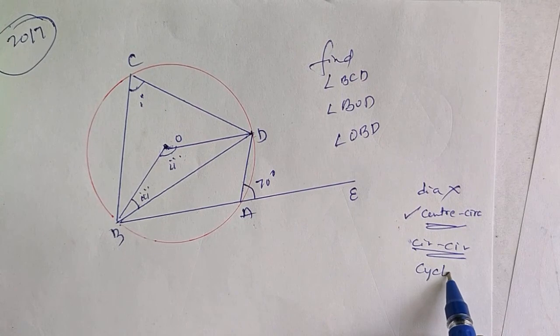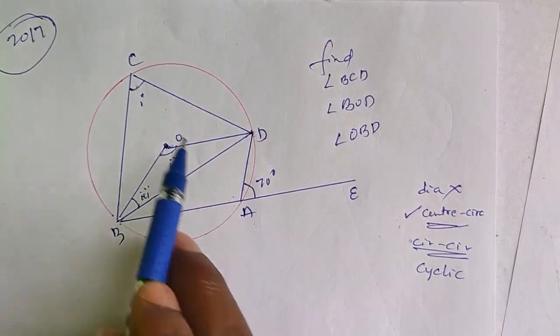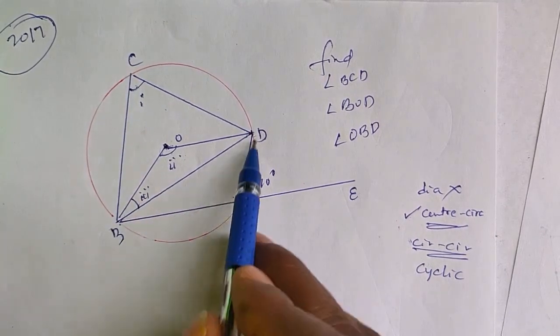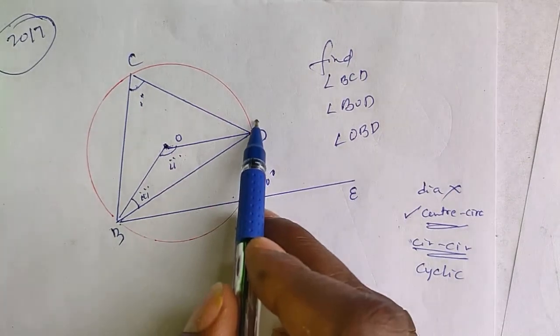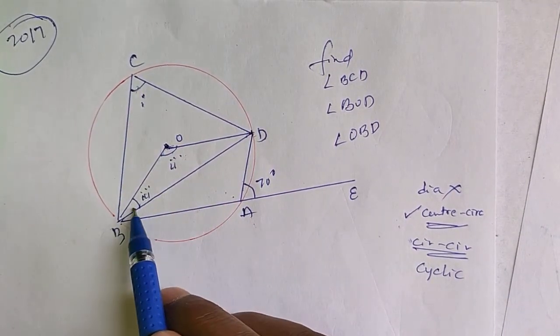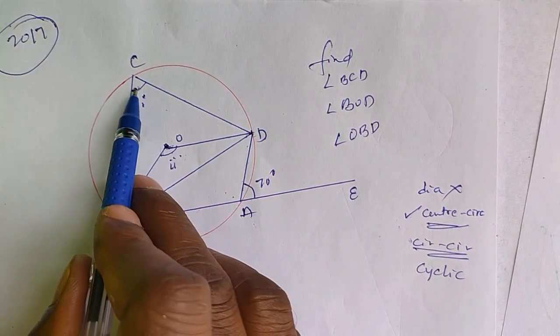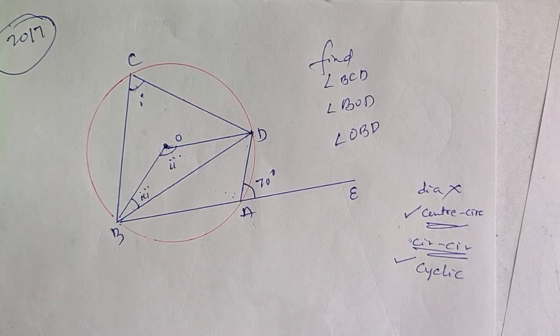If two angles are standing on the same base only, I can use the circumference theorem. Next, cyclic will think. Cyclic is opposite angles. C and A are cyclic opposite, correct? Yes, because ABCD is a cyclic quadrilateral. 4 points are on the circumference. C and A are totally 180, B and D are totally 180. But C is unknown, A is also unknown. So I can use it, but temporarily.